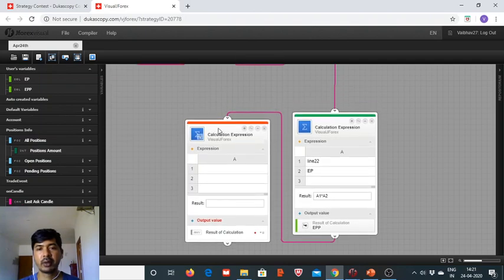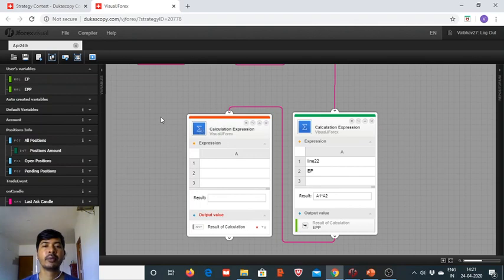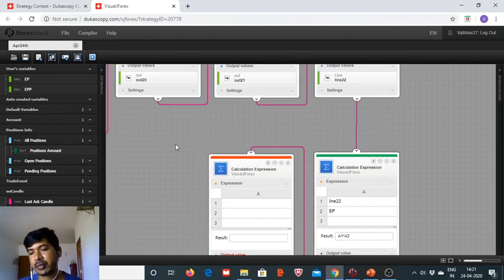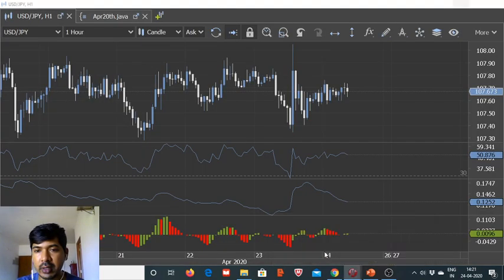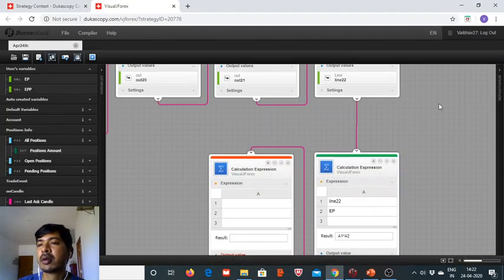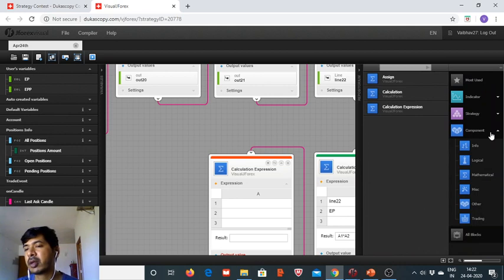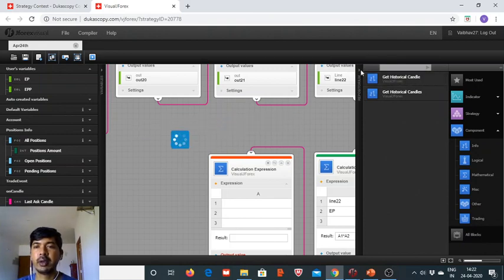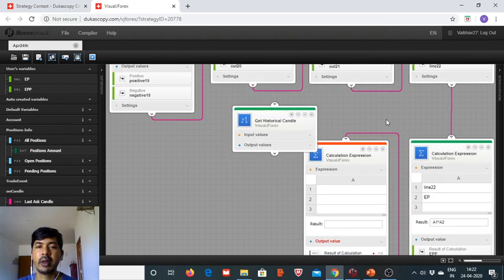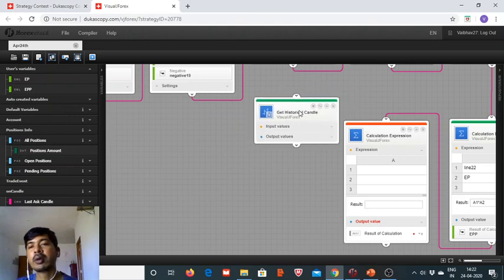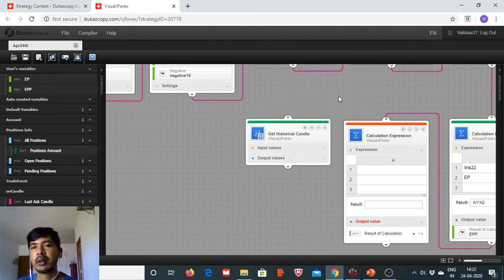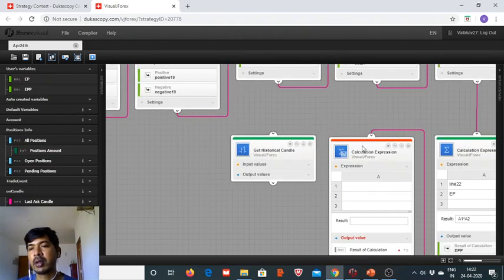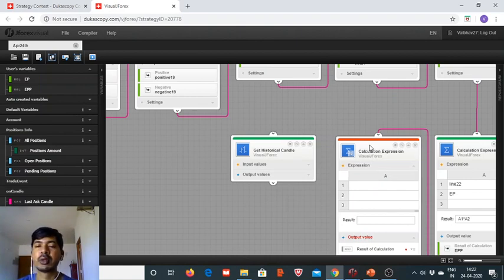So here we will now take in the historical candle to determine the last candle's hourly closing, and we again go back to getting the info, and here we get the historical candle, and here the closing value of the historical candle is of importance for doing the calculation, but the direction, that is if the last hour's candle close was in with gains or with losses, it doesn't really matter,